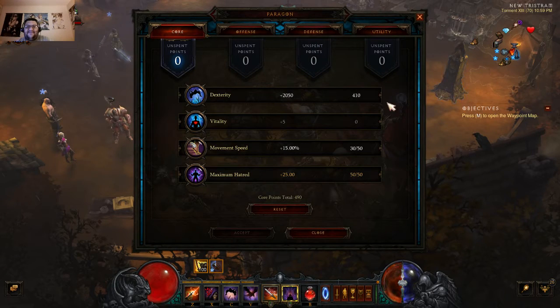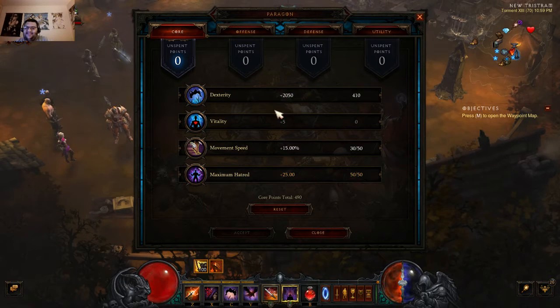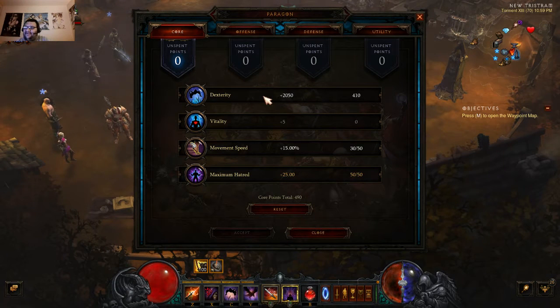Finally, for our Paragon points, I would recommend dealing with your movement speed and maxing out your hatred first, just so you can cast a few extra knives on the off chance that your Carly's point doesn't proc right away. And then just throw the rest into dexterity. You can throw some into vitality if you think you need it, but I've never really felt like that was